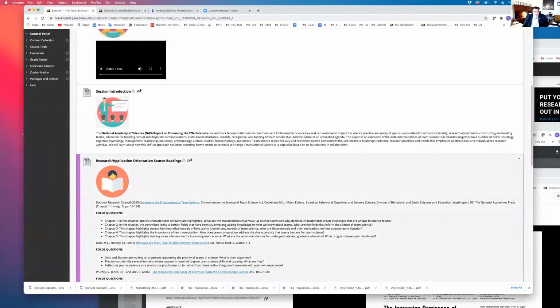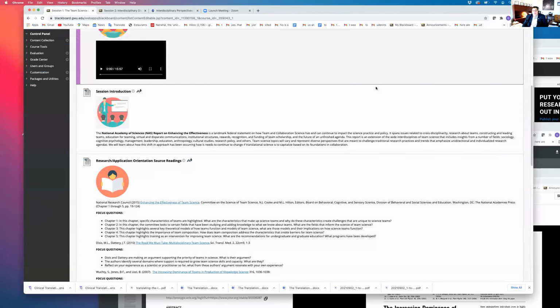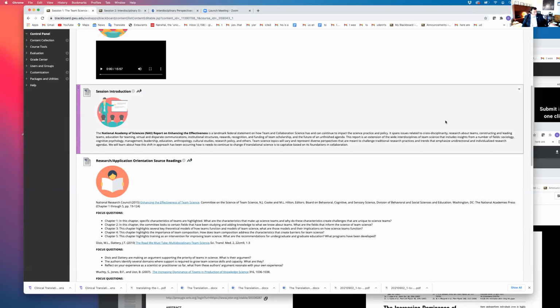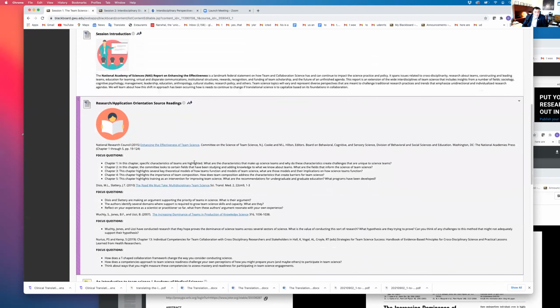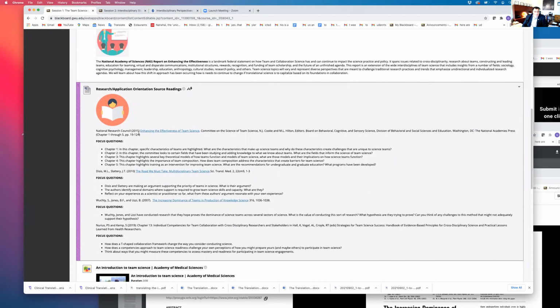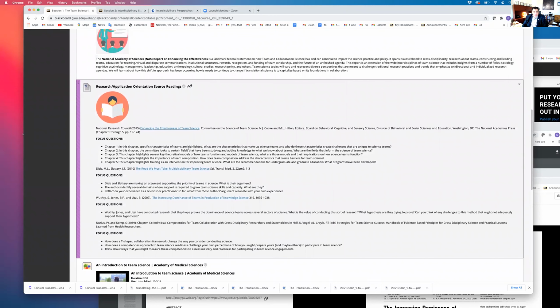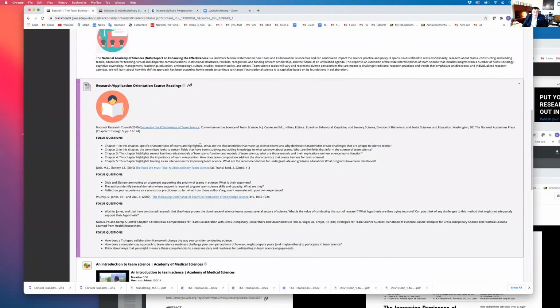The National Academies of Science report on enhancing the effectiveness of team science, this little book here, was a culmination of leaders in our field. If you thumb through the contributors, you'll notice that some of those contributors also come up as authors in the literature we'll be reading. Ever since it's been published, about 6 years now, it has been a go-to document that gives the overall viewpoint that team science and the science of team science